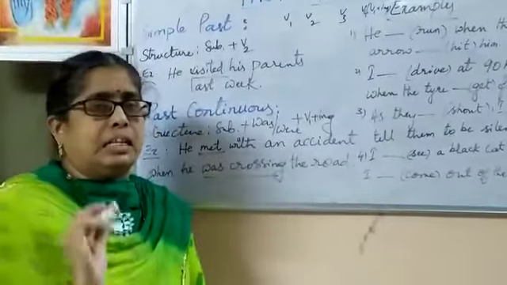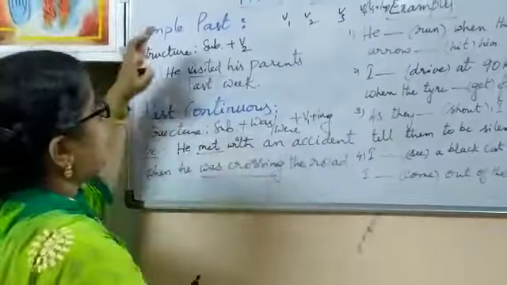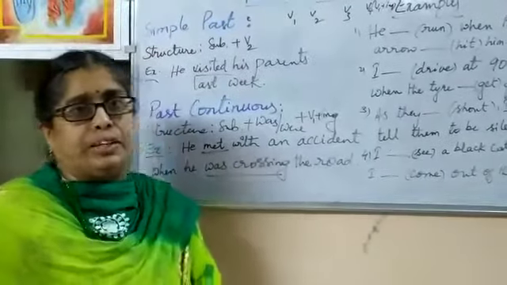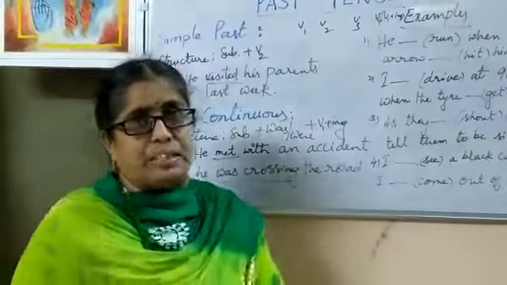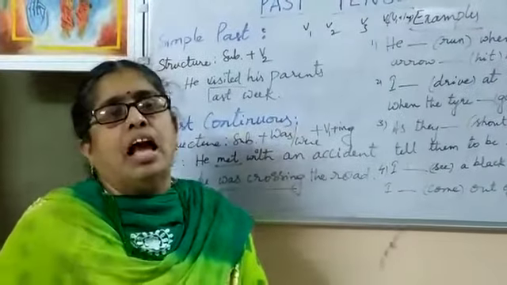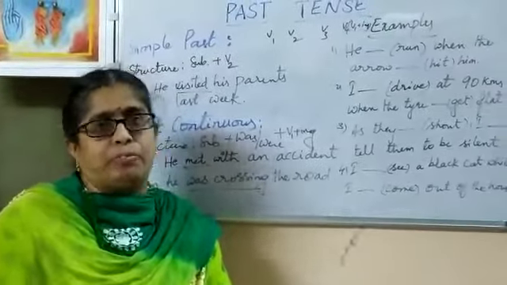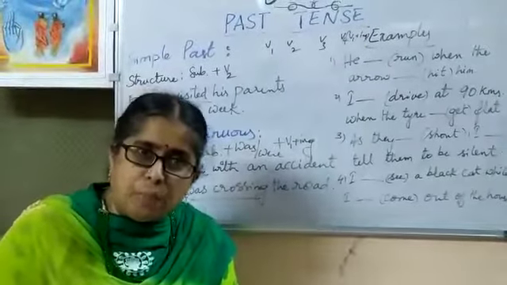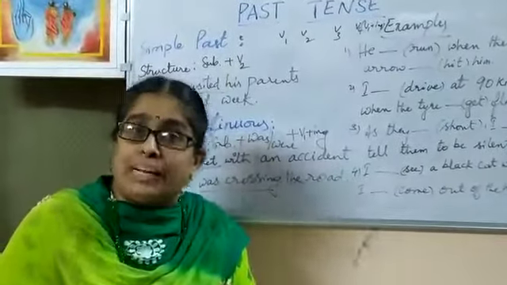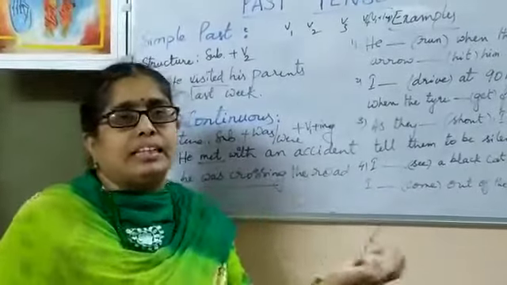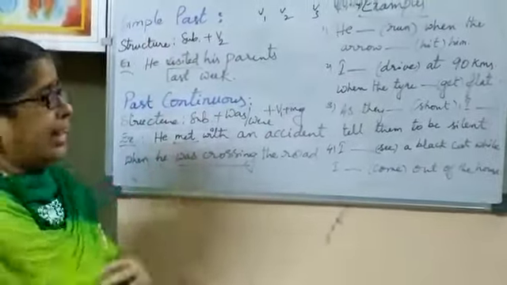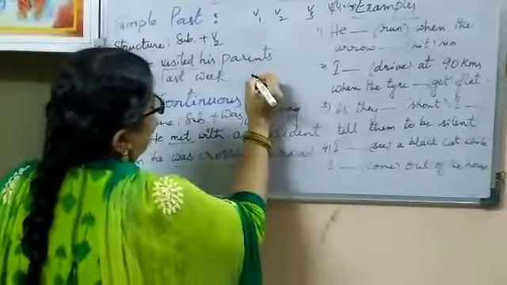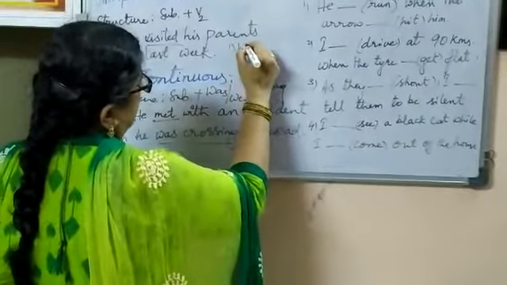There is a slight difference between simple past and present perfect tense. Do you remember in my previous class of the present tense explanation, I explained about present perfect also. Because present perfect tense also we use for completed actions only. Then what is the difference between simple past and present perfect? See, here I will write 2 sentences.